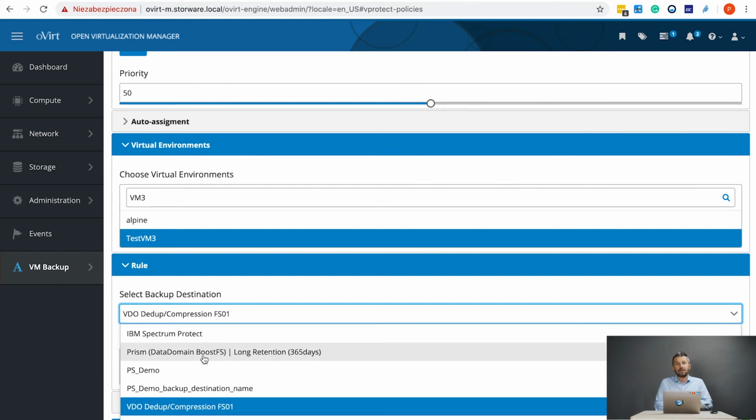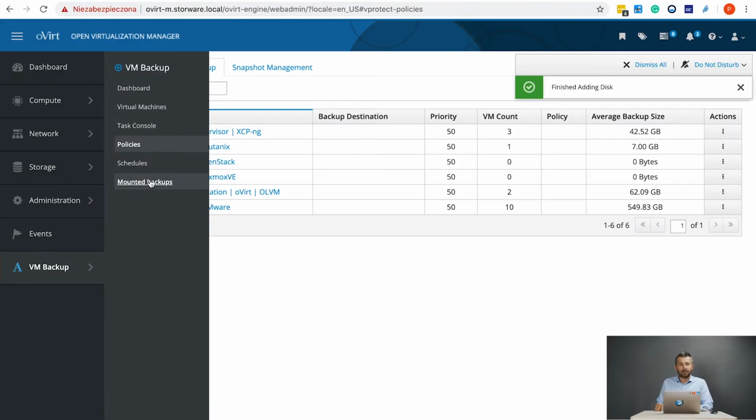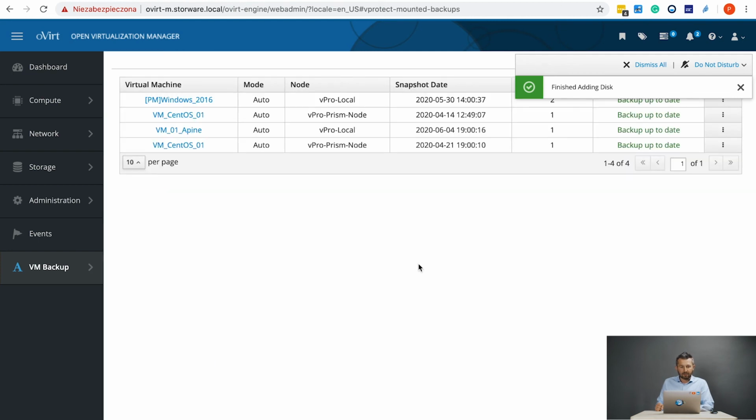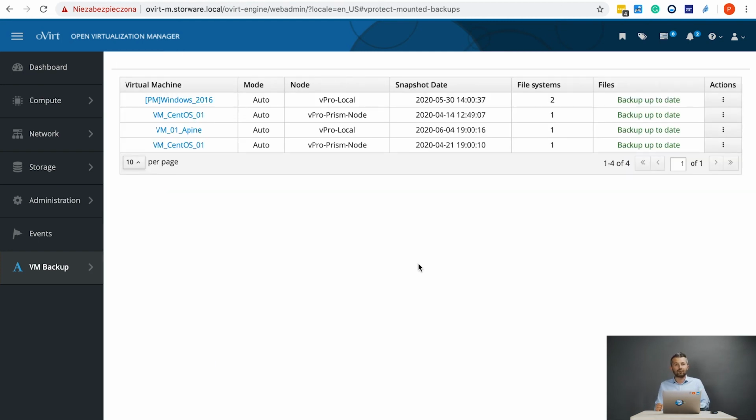So as you heard about the vProtect, you should know that we call this functionality and our vision freedom of choice. So you have a bunch of different backup destinations that you can choose and a bunch of different hypervisors that we are supporting. Let's keep it the FS01 with the native deduplication. So policies and schedules is all about when and how, so how to automate and when the backup should go. And the last tab, mounted backups, means that we are able to restore the individual file straight away